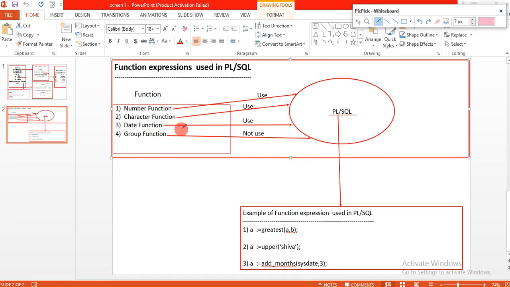Okay, this date function we can use in the PLSQL program, but group function we cannot use in the PLSQL program. So before that, we will know what are the number functions in the SQL: